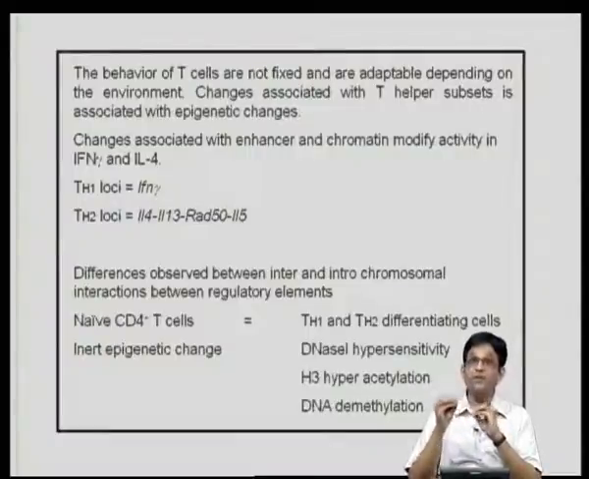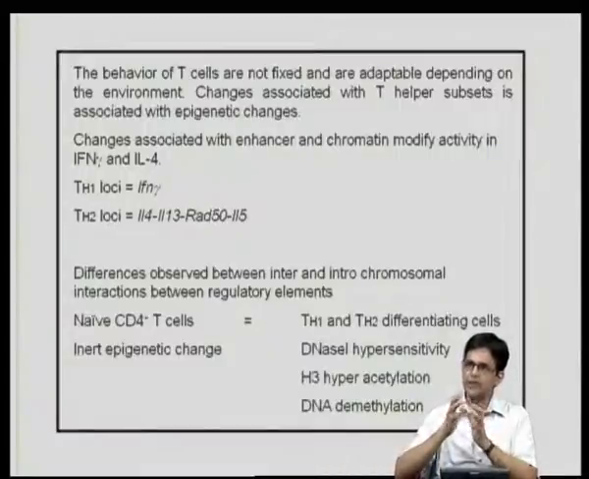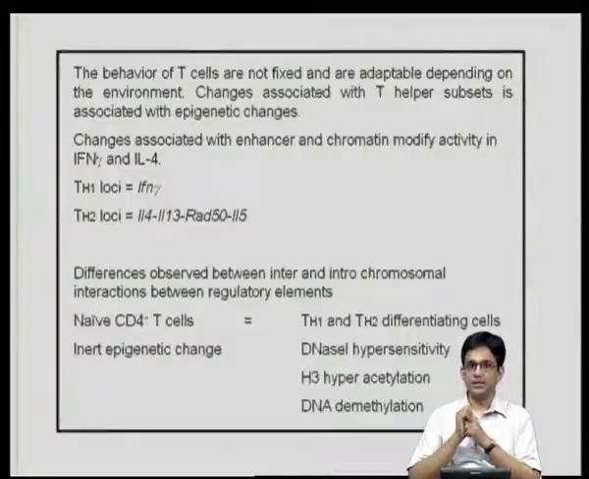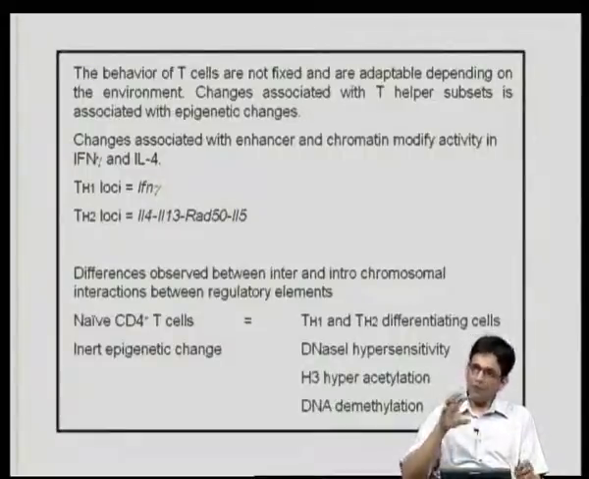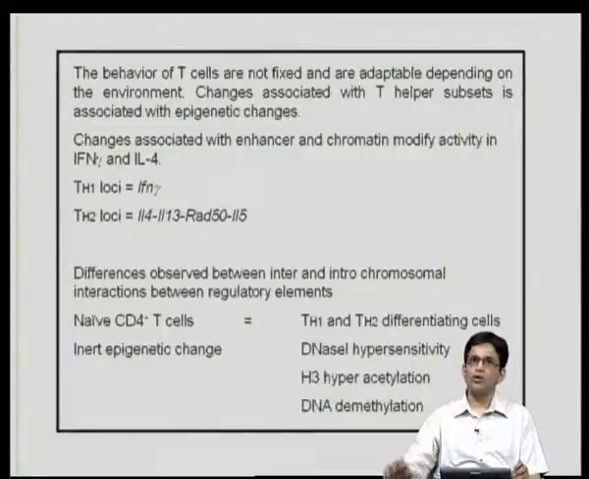And this is followed by epigenetic changes. Epigenetic changes mean they are not firm changes, but they are somewhat dependent on the environment, so it is very important that you understand the meaning of epigenetic changes. What has been shown is that along with differentiation of these subsets, their enhancer and chromatin get modified. Studies have mainly been done in the Th1 loci, which is the interferon gamma, and in the Th2 loci where you have IL-4, IL-5,